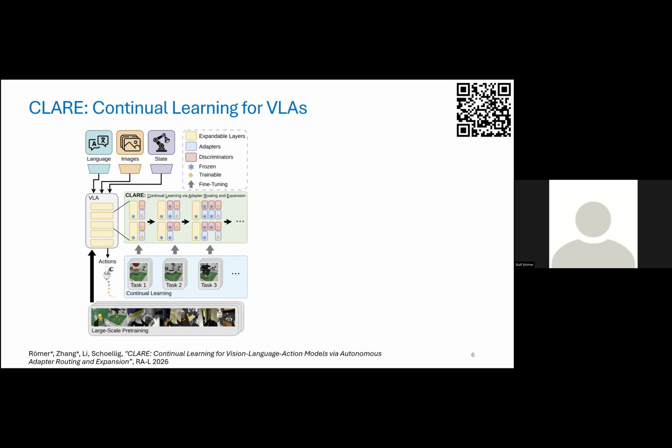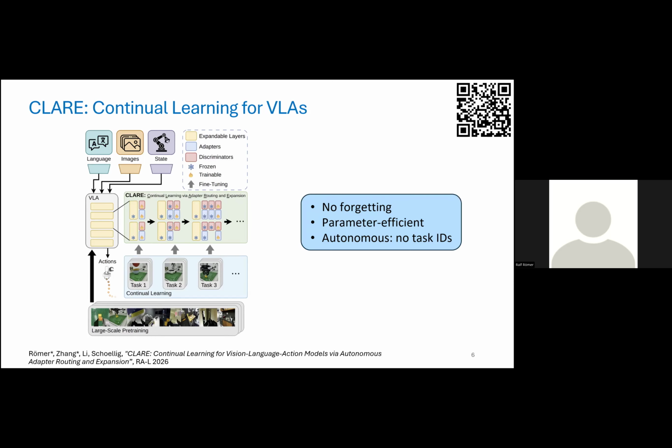First, we assume that we have a pre-trained policy, and then we want to continually learn new tasks. The main points of CLARE are that we avoid this forgetting that I mentioned before. It is also a parameter efficient method. So we don't just blow up the model, where with every new task we double the size of the model. That's not what we're doing. And it's also autonomous. At this stage, we can deploy the policy and give it any of the tasks, and the policy figures out on its own which task it needs to solve